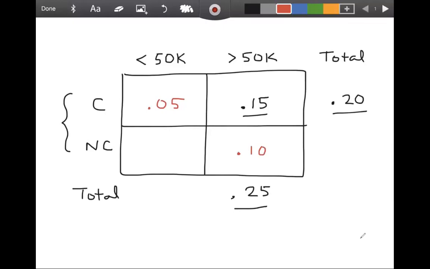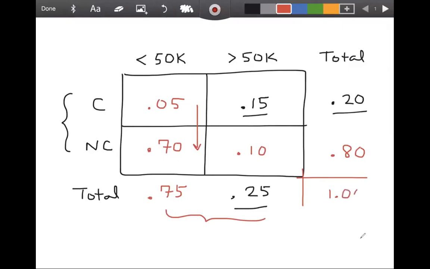Now let's see, in order to do the rest of this, I have to fill in some more totals. If 20% of all employees are college graduates, that means 80% are not. And that means I can pop over here and say that this is 70%. And then finally, the percent of employees who earn less than 50,000 a year must be 75%. Notice that checks out two different ways. It's the total of these two numbers, and it also makes these two numbers add up to 100%. All right. Now the question was,